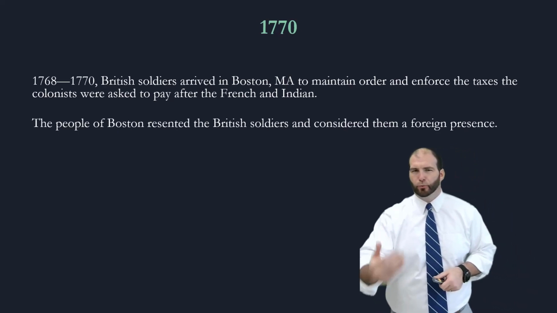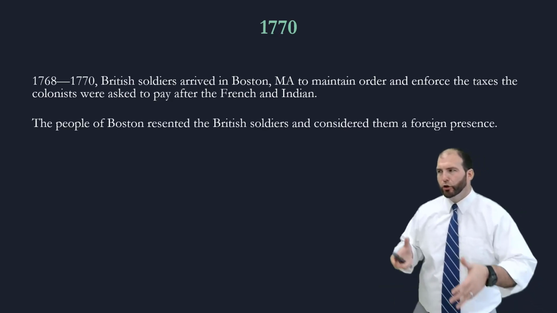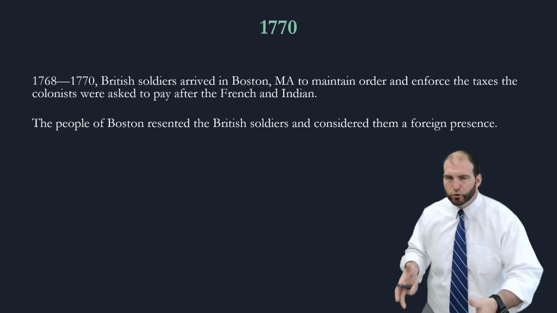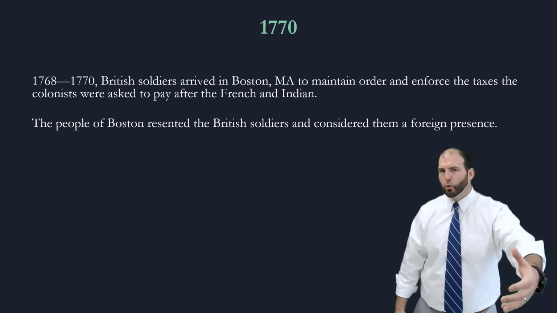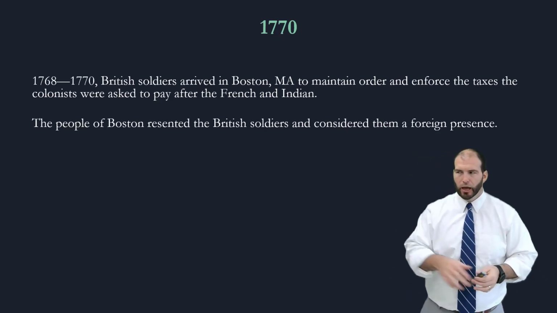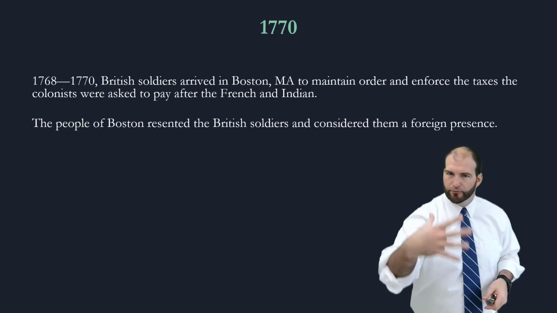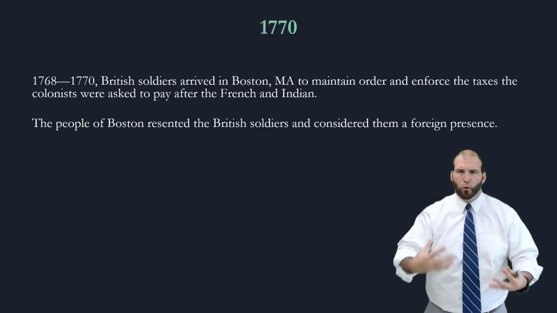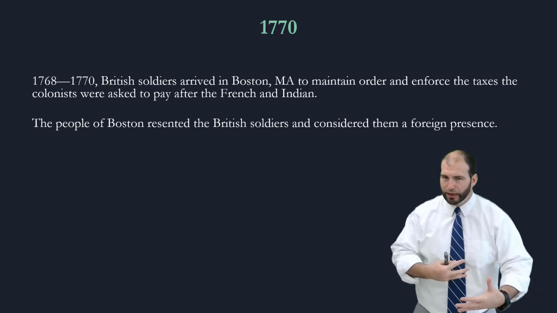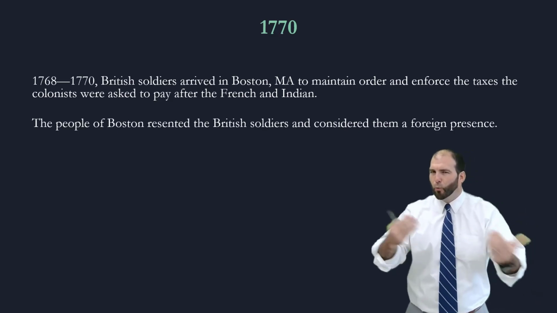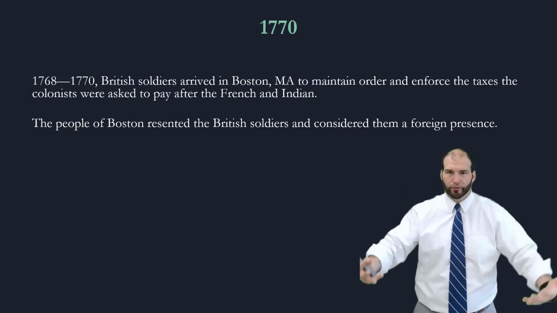It's a very interesting dynamic that happens when the redcoats show up. Because keep in mind, everybody in the colonies is a British citizen. Your army is the redcoats. They're the ones that just protected you from the evil French. Well, when the redcoats show up to keep the peace in Boston, it really feels like there's a foreign military influence in your town. Like this growing sense of us and you as opposed to we're all on the same team. England is still trying to figure out why this idea is growing, this idea that we're not on the same team.